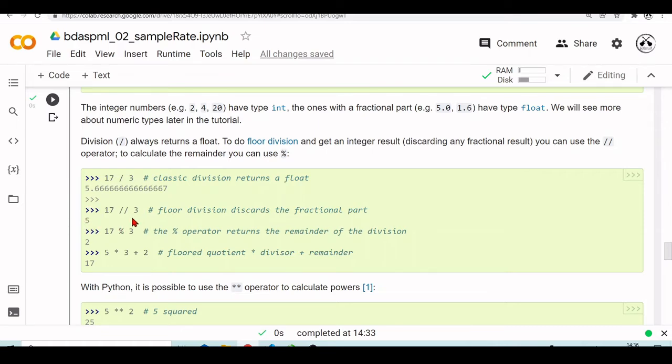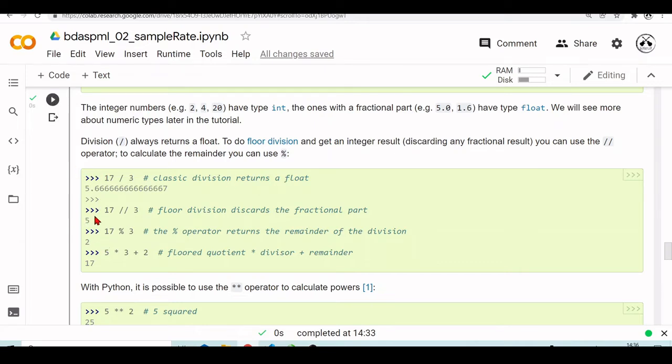So this is very useful because sometimes in other programming languages, this is also done automatically. So if you're just using integers, but somehow your result is a float and you don't want a float, you need an integer, it will discard this part